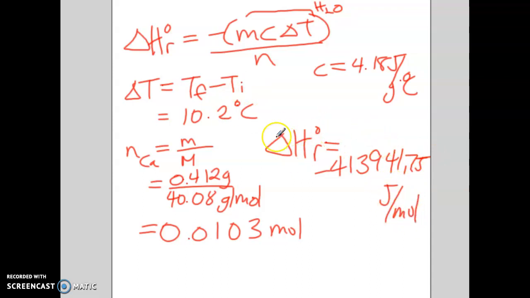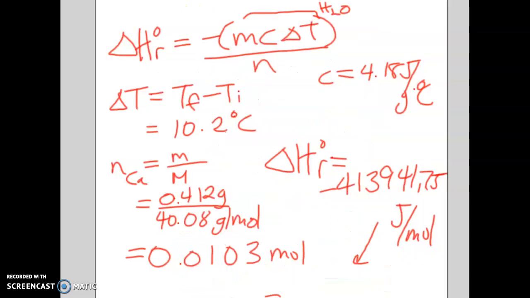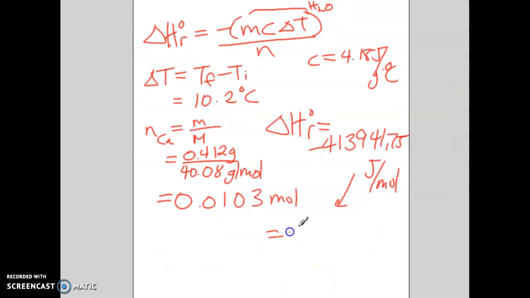And keep in mind, molar enthalpy is always in units of kilojoules per mole. So a reminder of doing that, you're going to divide that by 1,000. So if we do that by 1,000 and then we consider significant digits here. Just a reminder, temperature is not involved in significant digits. So when we're looking at this, you're looking at the 100.0 and the 0.412. So we have 3. So this ends up being a value of negative